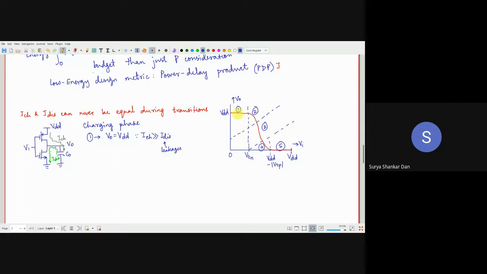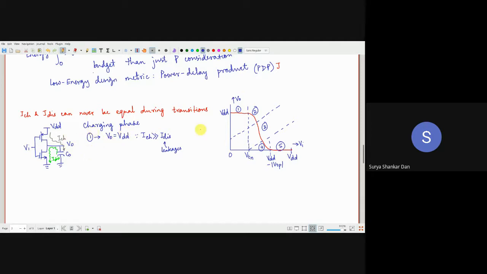What I was trying to tell you in the last lecture is that it will appear as if VO is constant at VDD during 0 to VTN input, as if there is no charge leakage. But actually there will be a charge leakage, but the leakage will be immediately replenished by the charging current on this side. Got it? So VO will be stuck at VDD. There is no confusion with that.